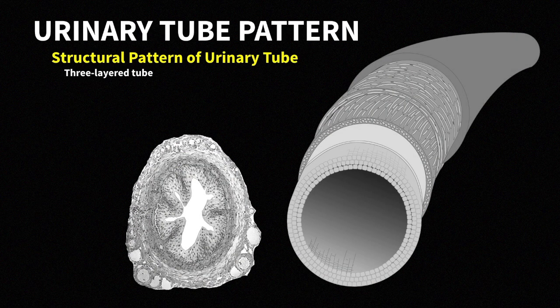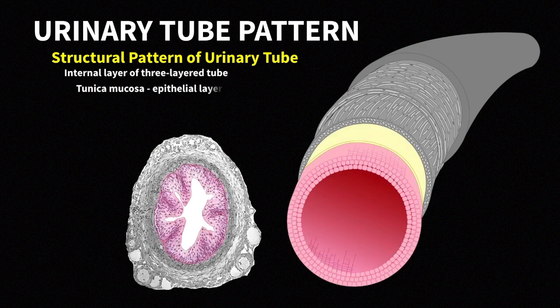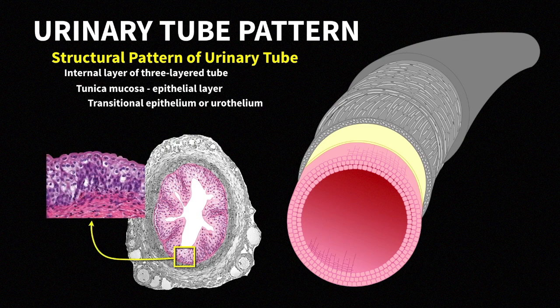Like all tubes, the urinary tubes have 3 structural layers or tunics. Let's begin by examining the basic tunic pattern of the urinary tubes on both an illustration and an actual photomicrograph. The internal layer of the urinary tube is named the tunica mucosa, and it has 2 subdivisions. The innermost portion of the mucosa is the epithelial layer, which is comprised of transitional epithelium, also referred to as urothelium. This deformable stratified epithelium presents a protective barrier to impede reabsorption of the nitrogenous waste being evacuated from the